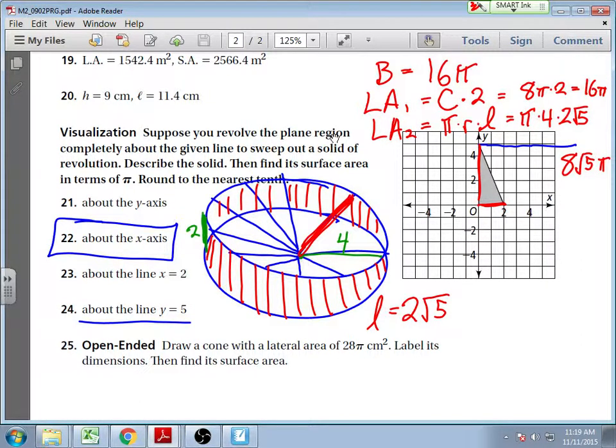So actually, let's look at the answer key and see exactly what they have. I'm going to stop recording before I